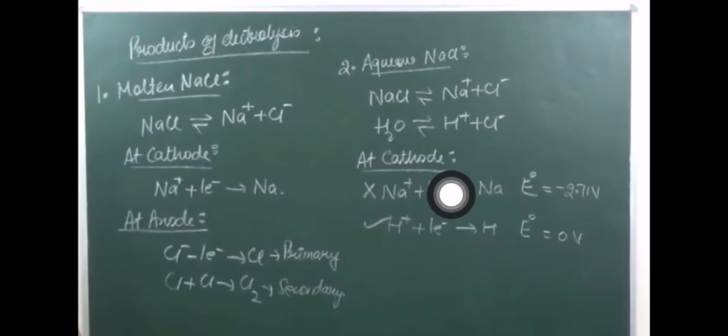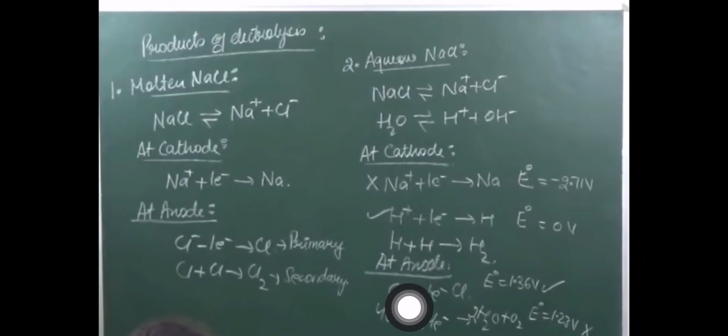Okay, so at the cathode which reaction will take place? H plus ion plus electron will give hydrogen. This process will be going on, not the other one. Actually both processes should go, but that is not possible. So in order to select one, which will be selected depends upon the E naught value. Sodium has more E naught value in the negative. So this reaction won't take place and deposition of hydrogen will take place at the cathode when we are using aqueous NaCl.